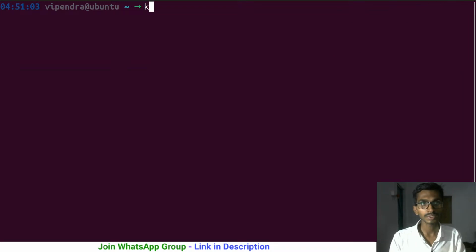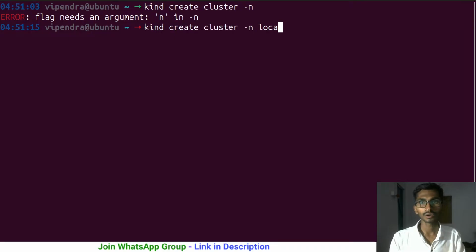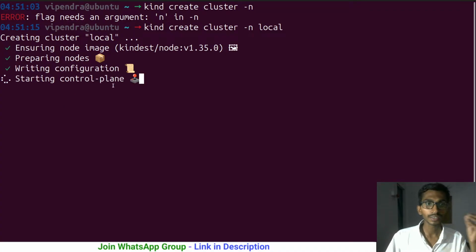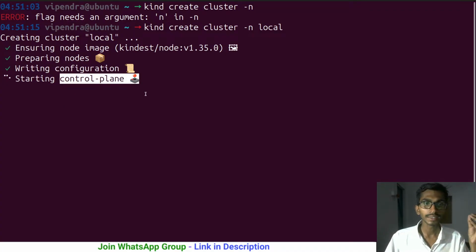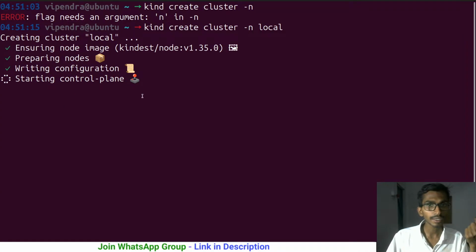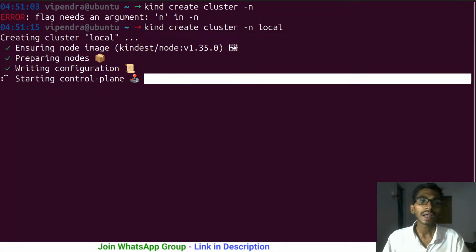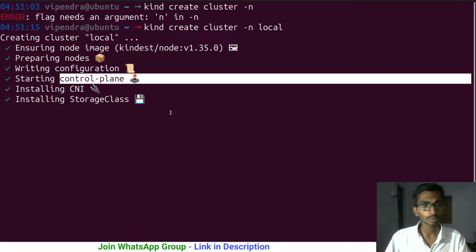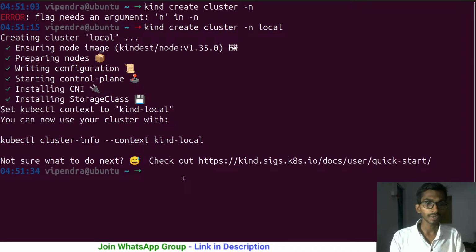By the way, if you just simply say kind create cluster, and name it local, it will be just simply creating the local cluster for you. But the thing is that when it creates the cluster, it just simply gives you a control plane. It doesn't give you workers. So ultimately you have only one control plane that will do the job of a control plane and the job of the workers,